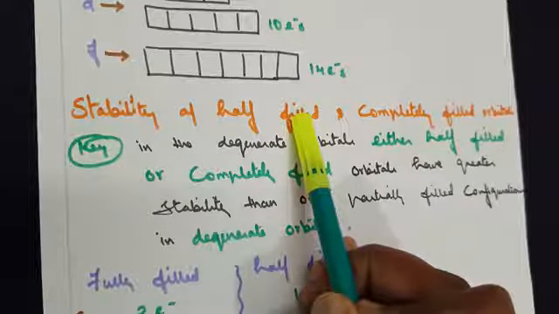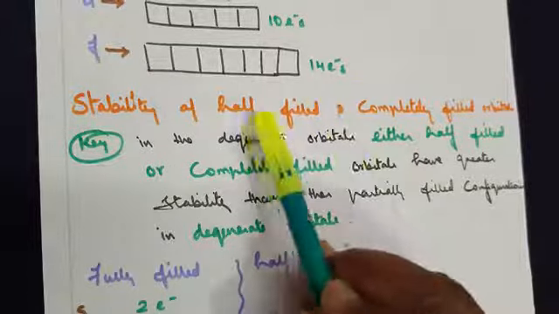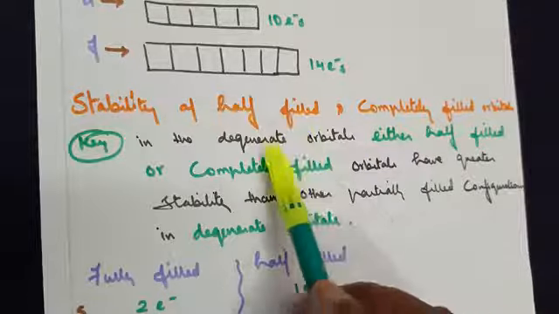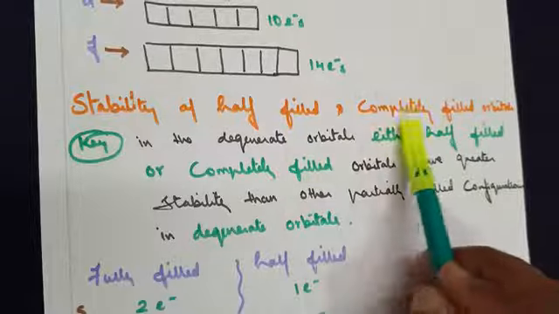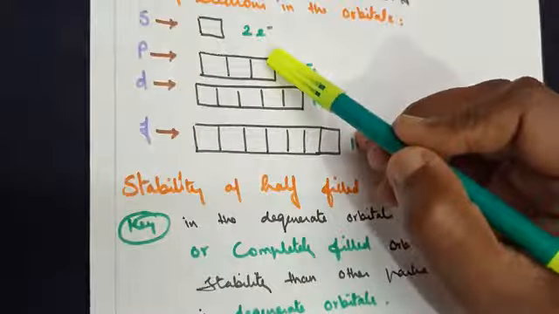So coming back to the point, how do you say a particular element's electron has a stability character or a non-stable character? You need to identify whether that particular degenerate orbital is half filled or completely filled. For that, you remember the clue, the same thing that I taught you.